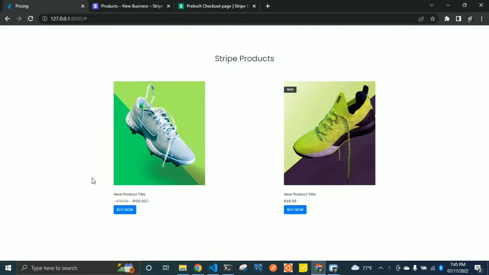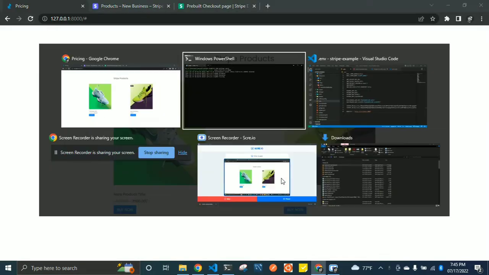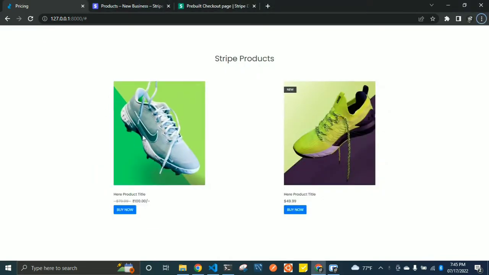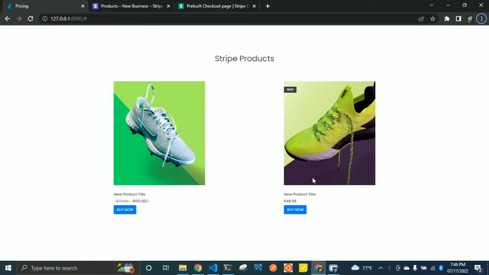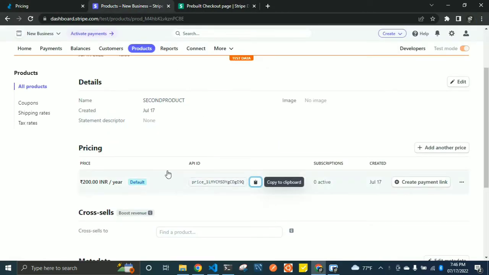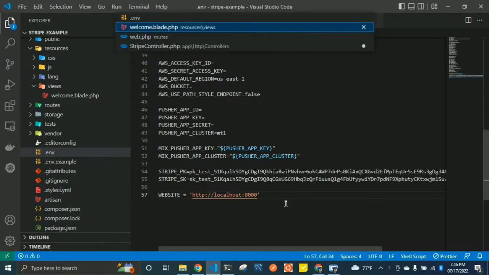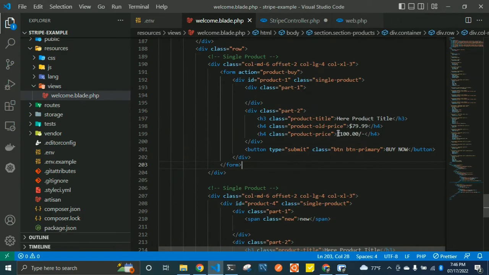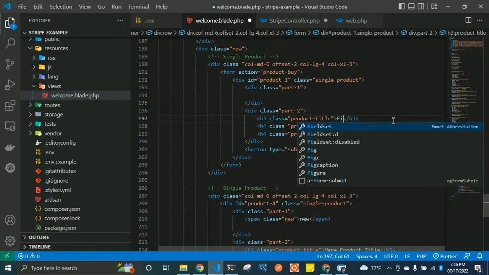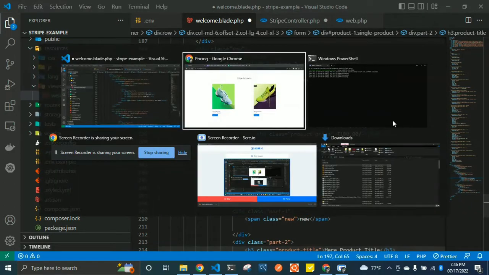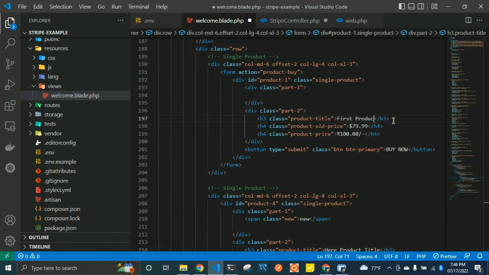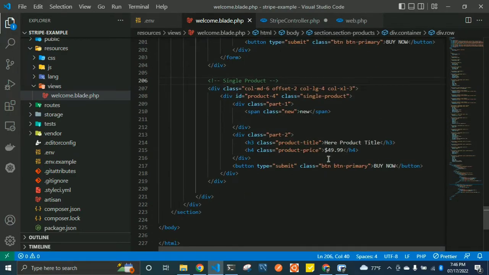Okay, now we have two products here, and when we click the first product, we have to pass the first price ID. And for the second, we have to pass the second price ID. So dynamically we have to pass these two. So we can do this, give the product name here, product. And for this second product,